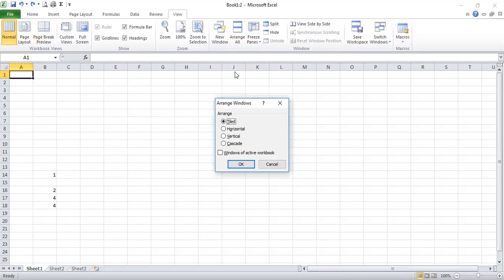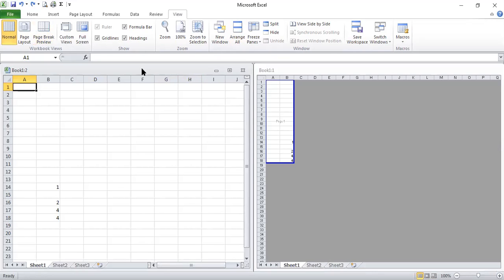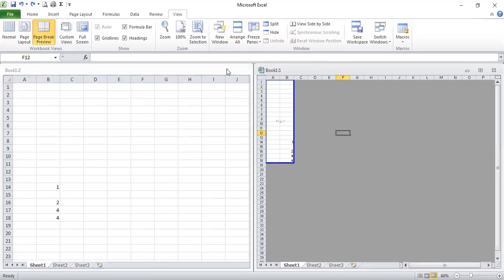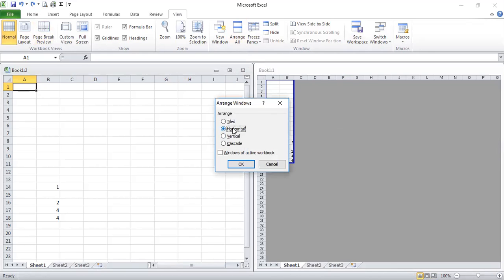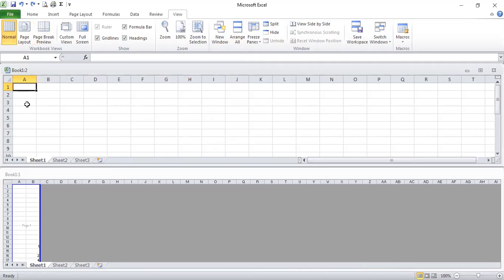If you want to arrange, अगर हम tiled करते हैं तो ये by default tiled है. Tiled ये है, एक शीट यहाँ पे खुल गई, एक इस तरफ खुल गई, right? Both these sheets are open, right? So two copies of the sheets are created, right? And if you go with horizontal, so एक शीट ऊपर चले जाएगी, एक शीट नीचे आ जाएगी. So one file is here, one file is there.